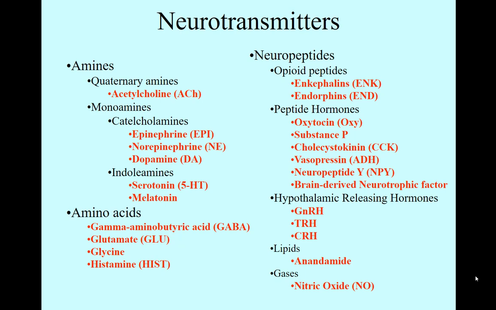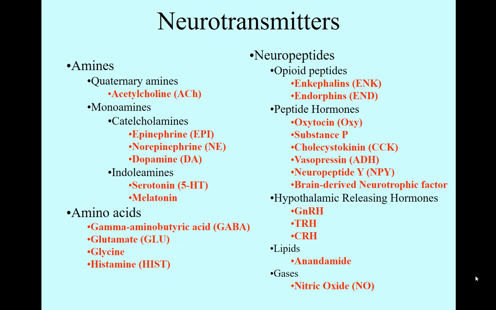So I've had people ask me, well, how many neurotransmitters are there? And it's a kind of a bizarre question because there really are hundreds of them and many that we are identifying every day. But most people just know the catchy ones. They know serotonin, they know dopamine, they might know epinephrine. I doubt they know norepinephrine. They probably don't know melatonin is a neurotransmitter.